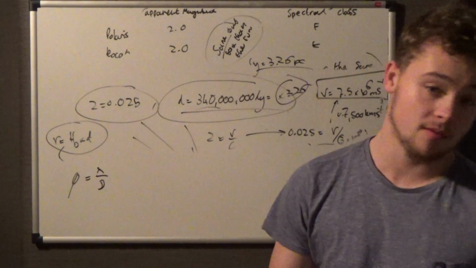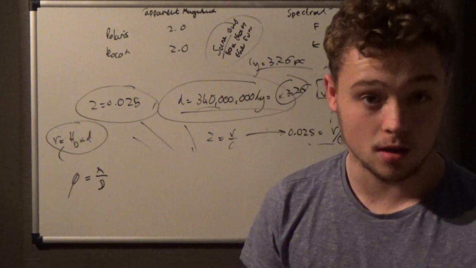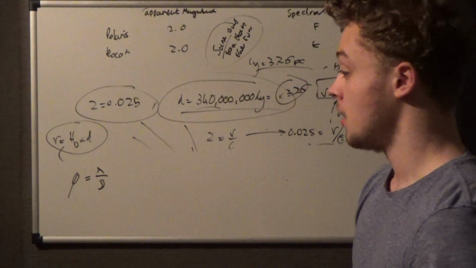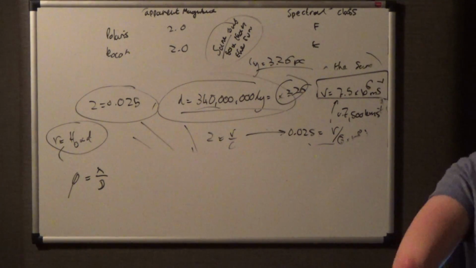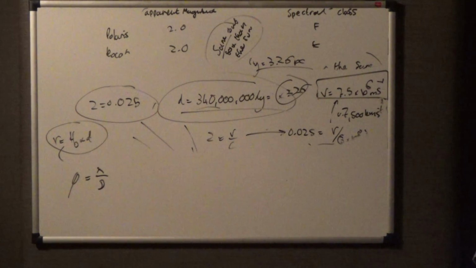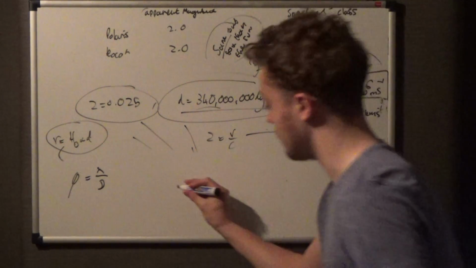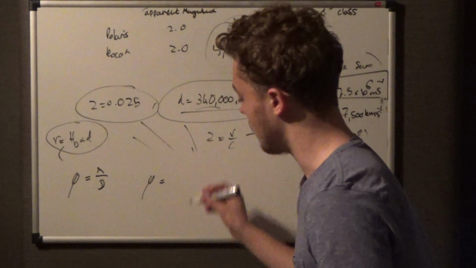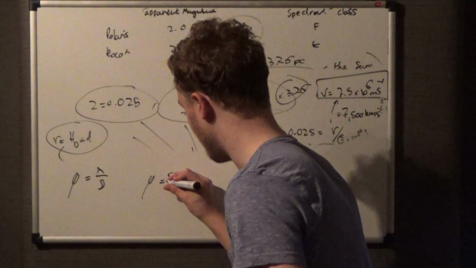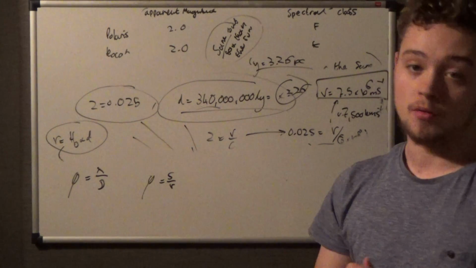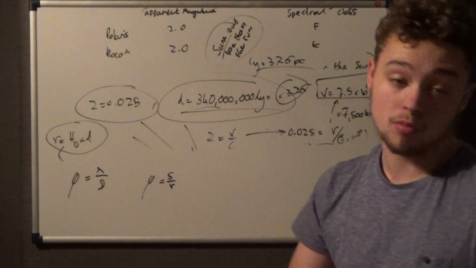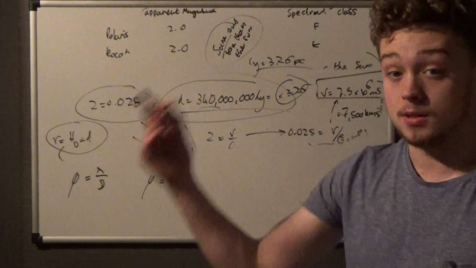In other words, the wavelength of a particular light on this telescope over the diameter of that particular telescope, and something called the angle subtended, which is calculated by S over R, S being the separation